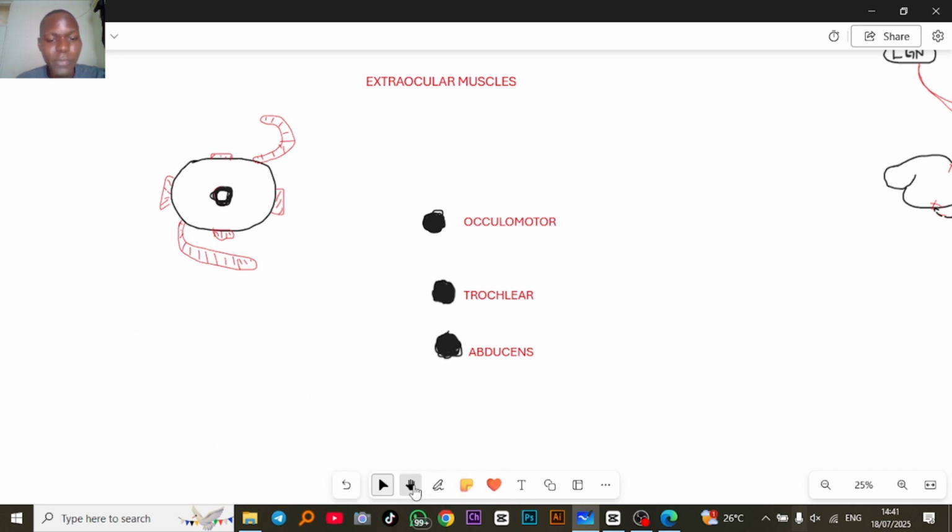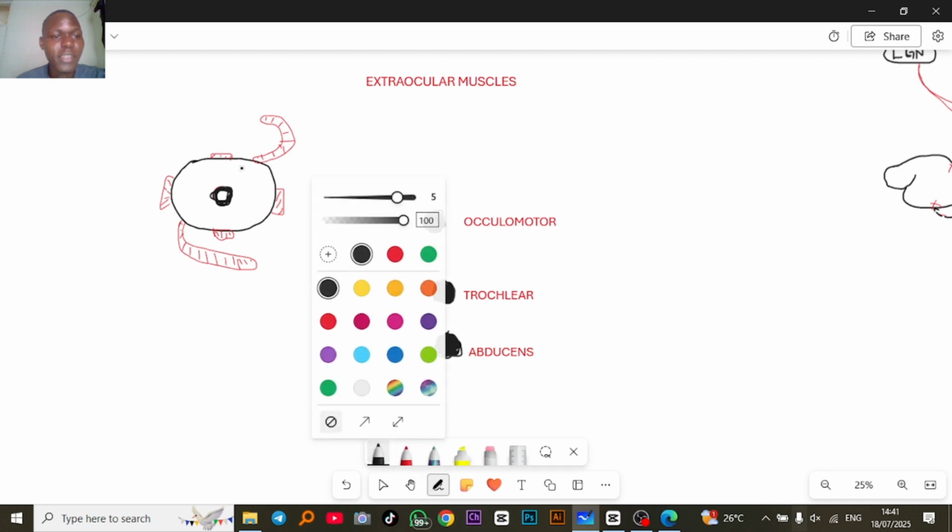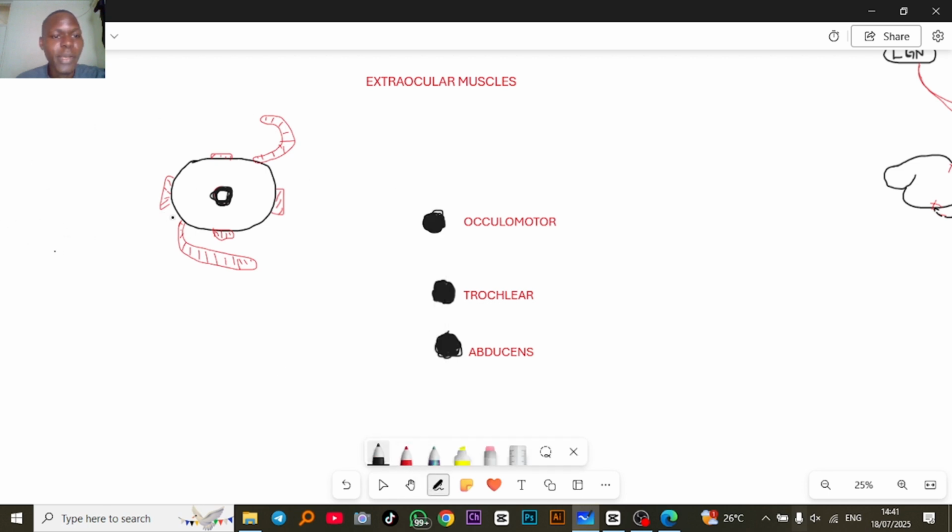So the first one, I'll start with the easier ones. So let's say this is your nasal part. I believe you remember what nasal means. Nasal is the side of your eye which is near the nose. Then temporal is the side which is near your temporal bone. So if we talk about the nasal side, we have